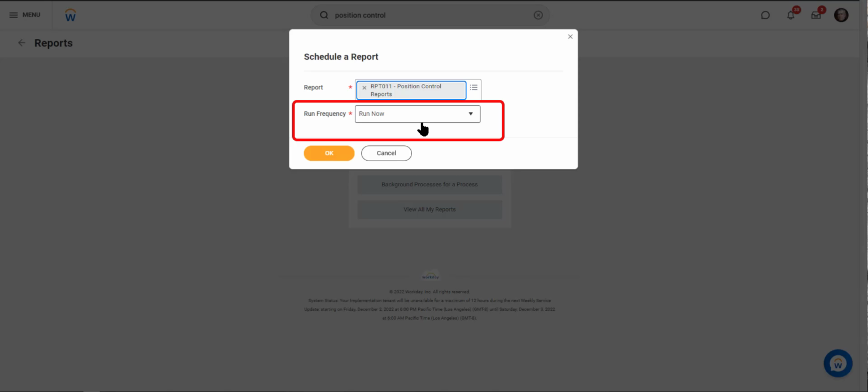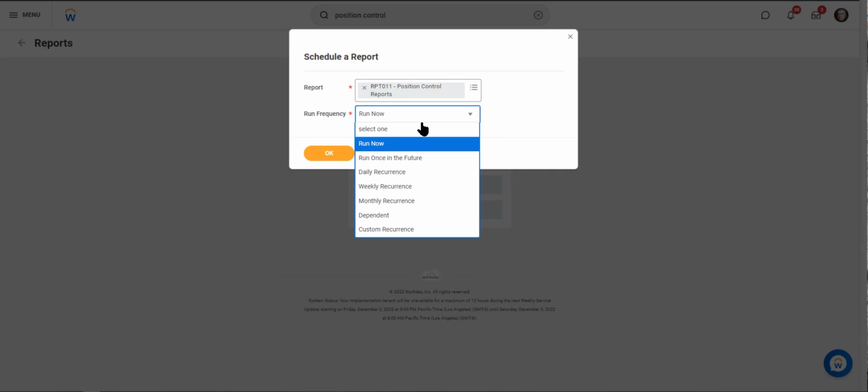In the Run Frequency field, we select how often we want this report to be pulled automatically. Our options are Run Now, which pulls the report right now, Run Once in the Future, which will pull the report at the date and time of our choosing, Daily Recurrence, which will pull the report every day at the